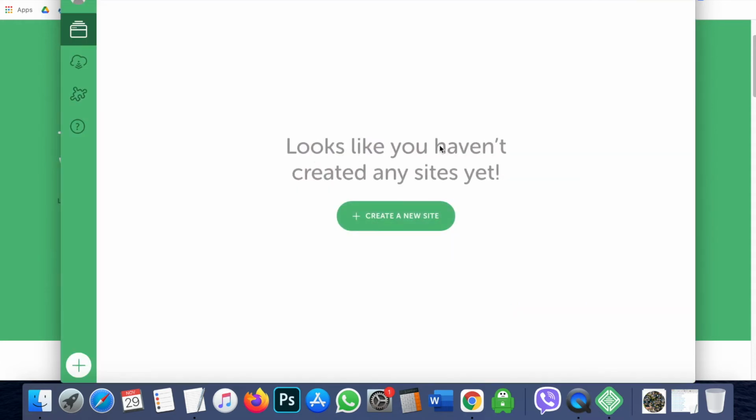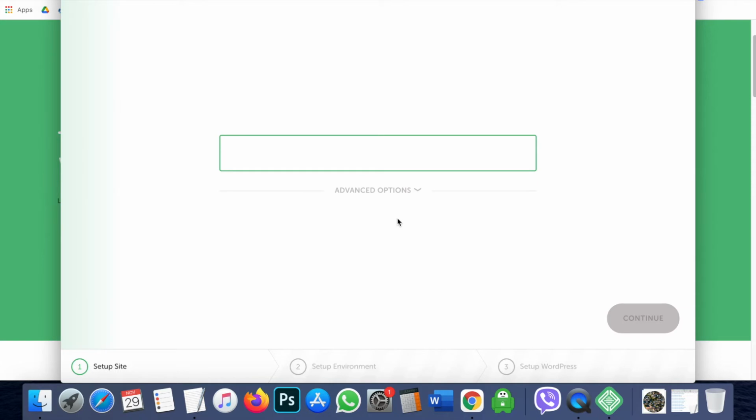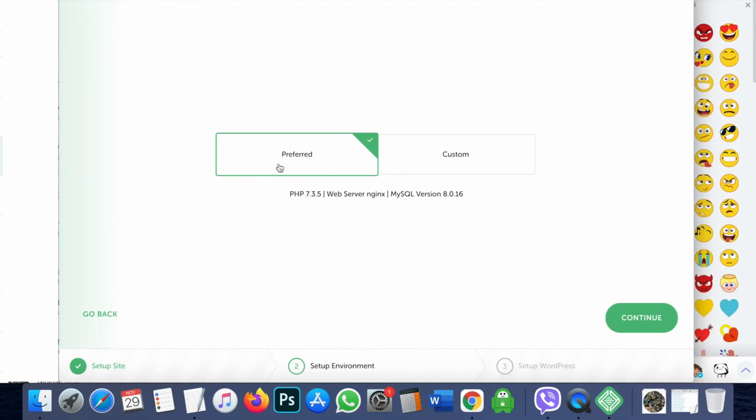So it looks like you haven't created any site because I uninstalled everything because I wanted to do this tutorial. So create a new site, and you can put whatever name you want. I don't know your website's name, right? And then there are two options. You can go custom or you can go preferred, right?